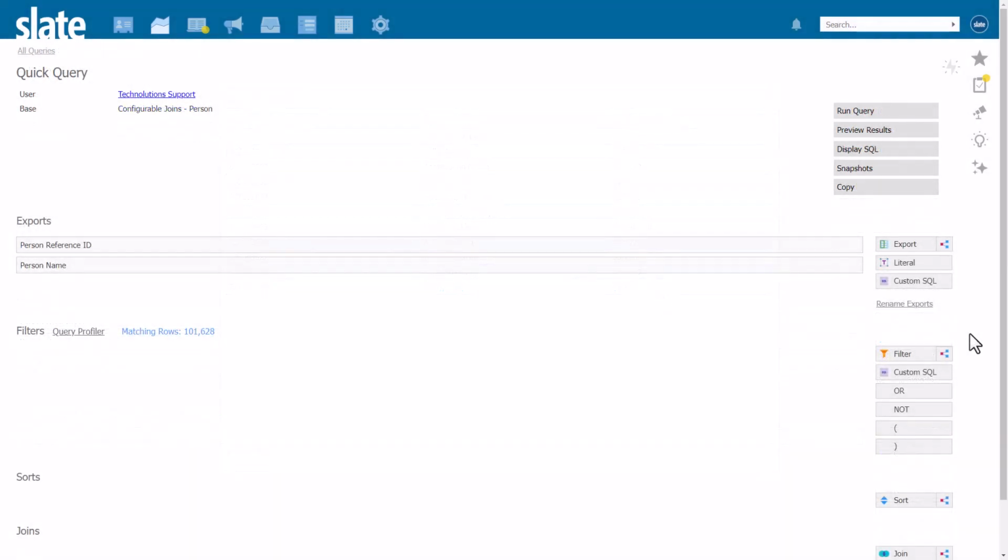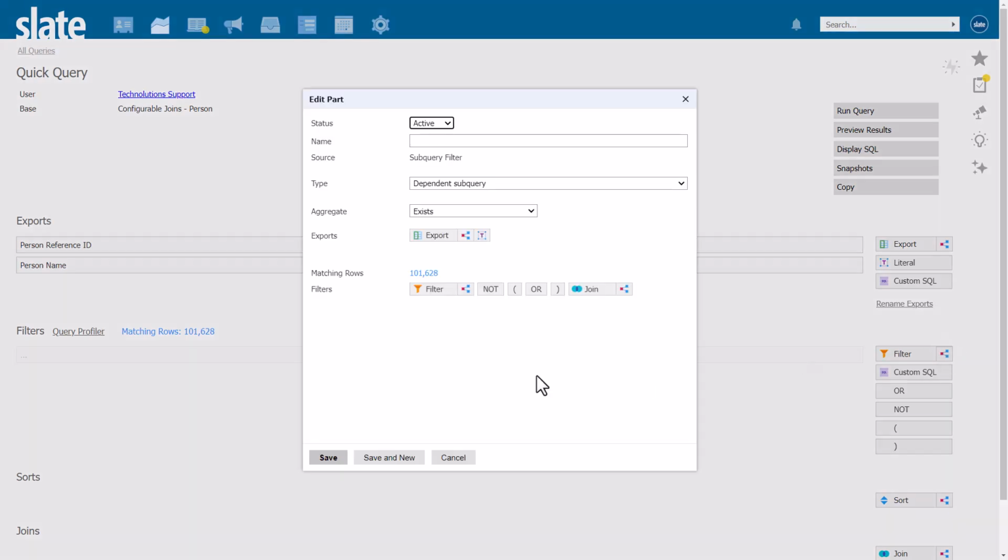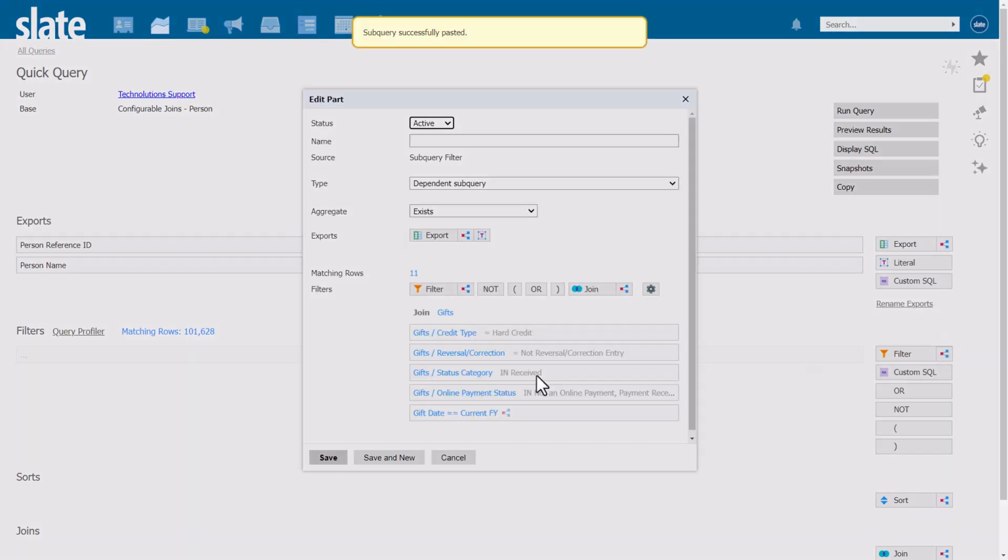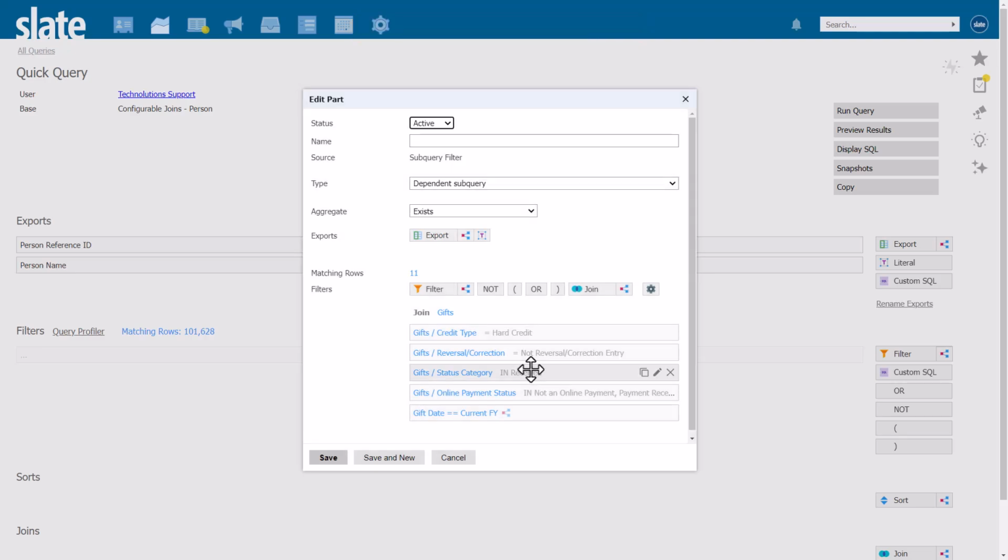What's more, this copy and paste functionality works across queries as well. So say you have a new query that you want to take that same filter to. You can simply navigate to that new query, click to add the subquery filter, hit Control-V again, and all of your joins, filters, subquery filters have all been added. So then simply give your filter a name and go ahead and click